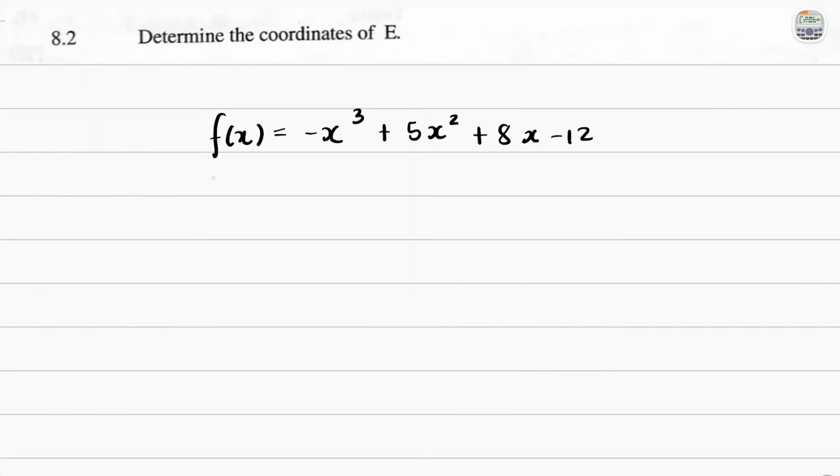To find the gradient of a function, you derive it. Okay, so we're saying f prime of x, but we're specifically looking for where the gradient is equal to 0. So we'll make it equal to 0. So deriving this function, coefficient times exponent, that's -3x squared, exponent minus 1, that's why it's a squared, and then coefficient times exponent is positive 10x, and that becomes a plus 8, and the x falls away, is equal to